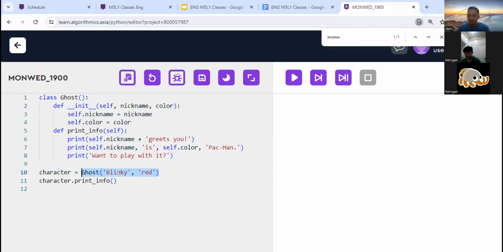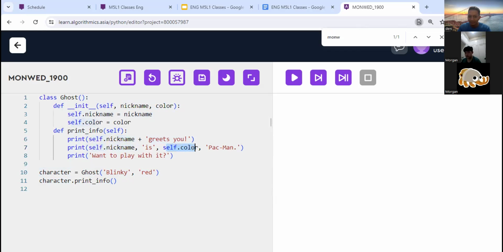Just ignore self, just see the nickname and the color. When we print info of the character, it will print self nickname, Blinky, greets you.